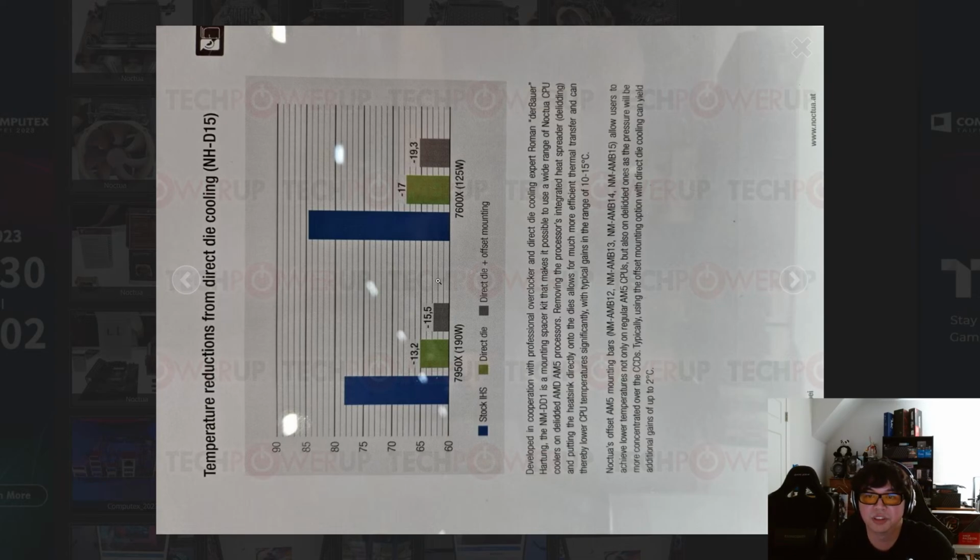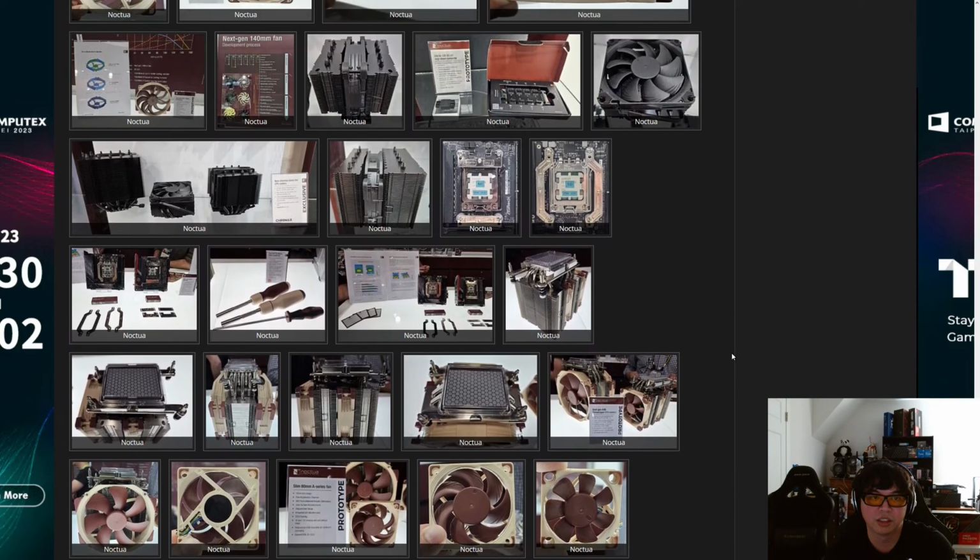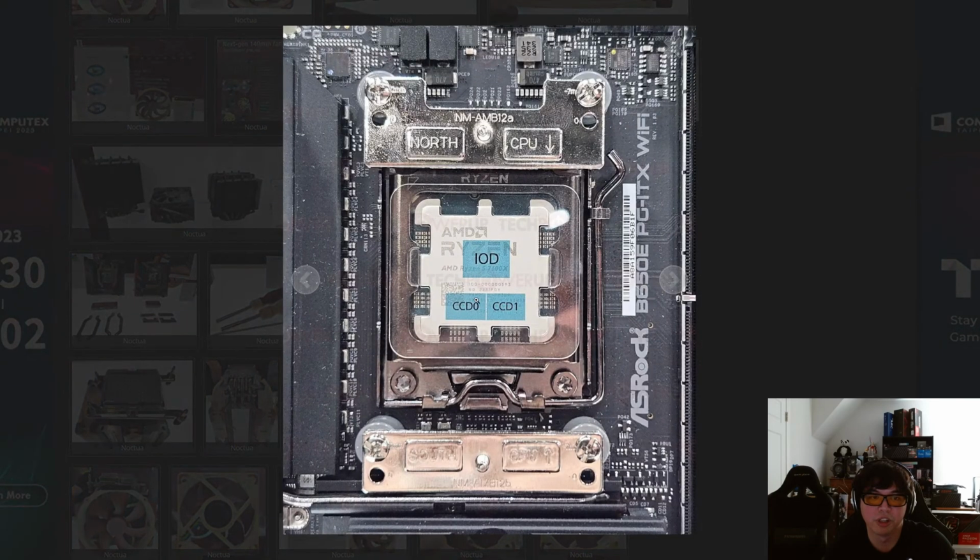So, yeah, I mean, this is... Am I going to do this? No. Am I going to do the offset? Maybe. I'm not going to delid my CPU just to gain 200 megahertz. But if you're someone who's a true enthusiast, then yeah. I mean, if you're willing to remove...